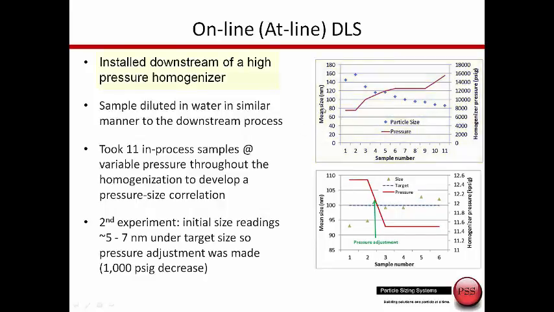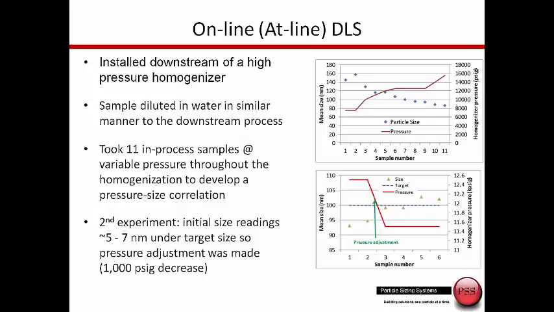11 measurements were made, and in the first study, the customer wanted to understand the relationship between homogenizer pressure and generated particle size. And what we see here is, as the pressure increases, the size distribution decreases. Once the customer understands the optimum pressure, in this case the customer wanted to generate particles right at 100 nanometers. Then as they start doing batches, you see here at the beginning of this batch, the particles are actually undersized. So they reduced the pressure and then started generating the particles exactly in the size range where desired. So this is a unique capability of being able to take the Nicomp optics and algorithm and apply it to